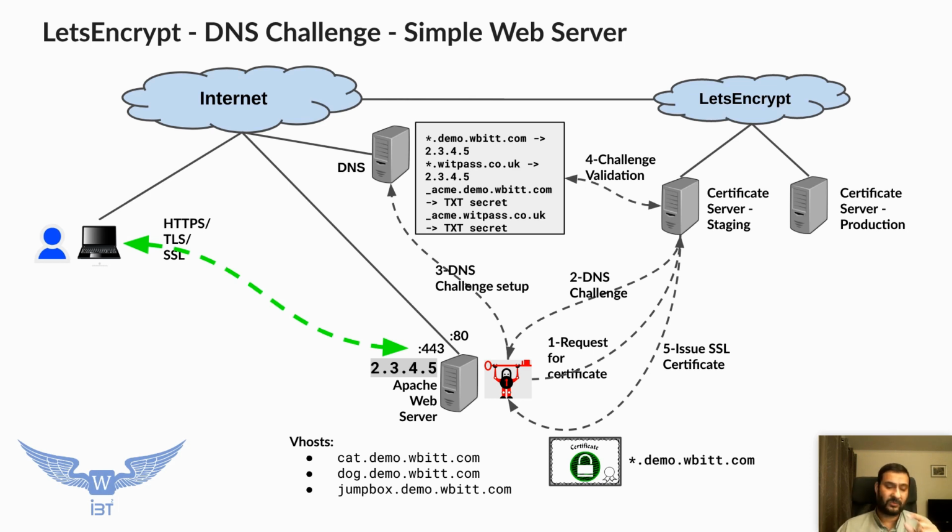So I have provided the AWS access key ID and the secret key to certbot for this zone, for this account. And whenever certbot receives a DNS challenge, it uses those two pieces of information and logs into my Route 53 interface or talks to it programmatically through the API